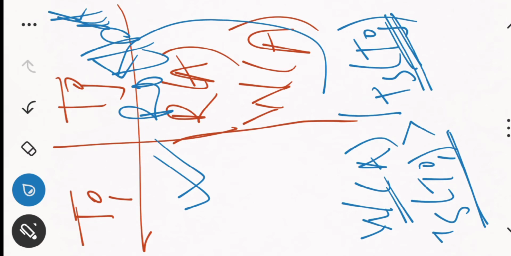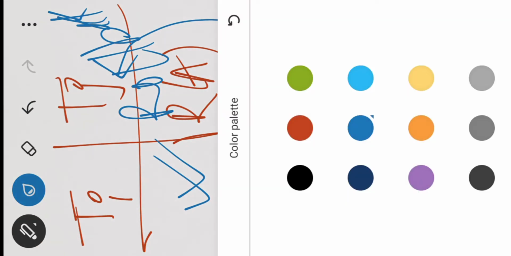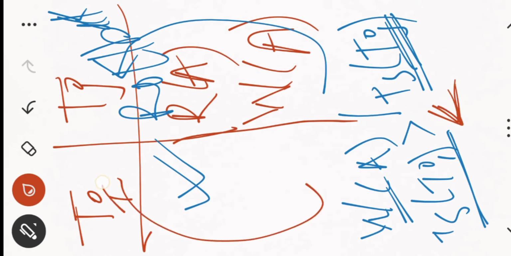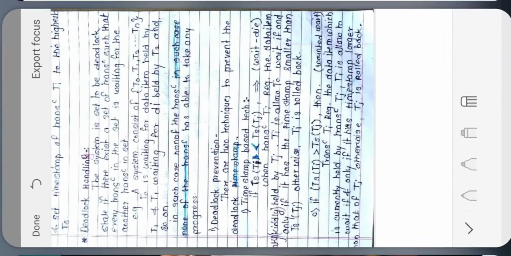In the previous condition, when the timestamp of transaction Ti is less than the timestamp of transaction Tj, in that case Ti was supposed to roll back. But in this case, when the timestamp of transaction Ti is greater than the timestamp of transaction Tj, we need to roll back the transaction Tj. Getting it? So these are the two conditions. Apart from this,